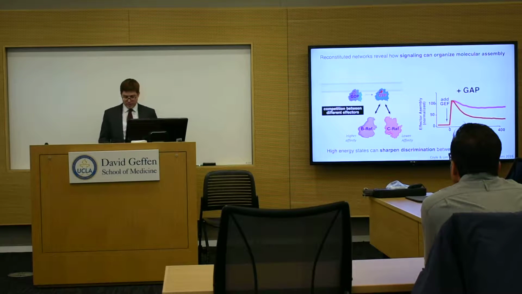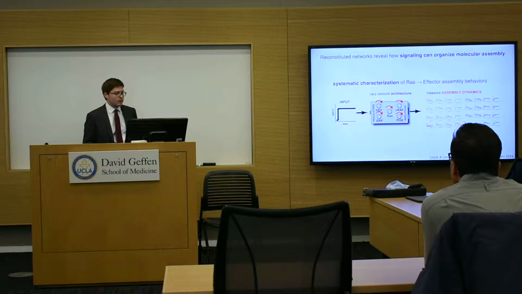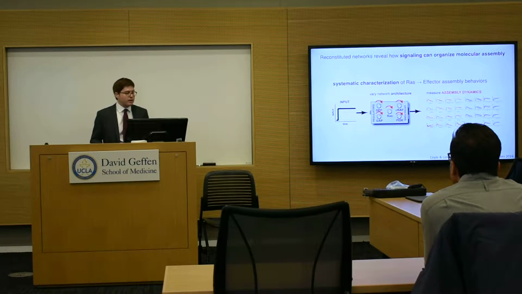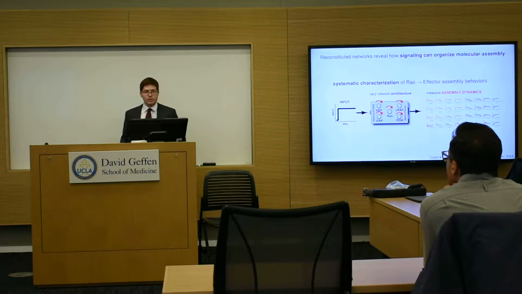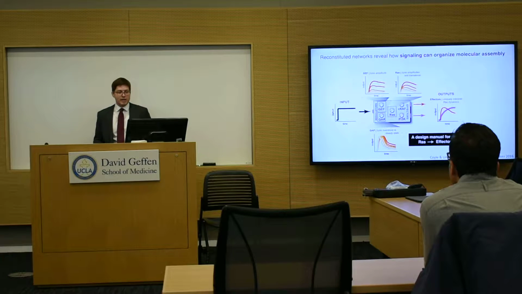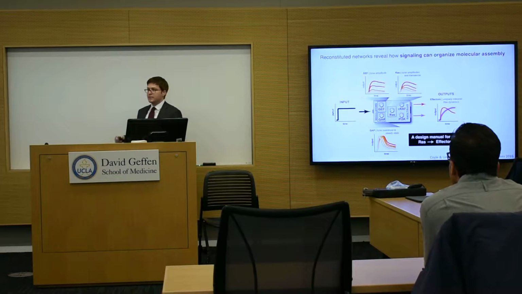And so this result motivated us to take advantage of our in vitro system to perform a systematic characterization of the different types of RAS effector assembly behaviors that you could generate by varying each component of the underlying network architecture, which is really something that you can only do with an in vitro system. And this generates a huge number of these assembly curves, which you can then use to develop a quantitative model, as well as an intuitive design manual that reflects how different network configurations can be used to generate different patterns